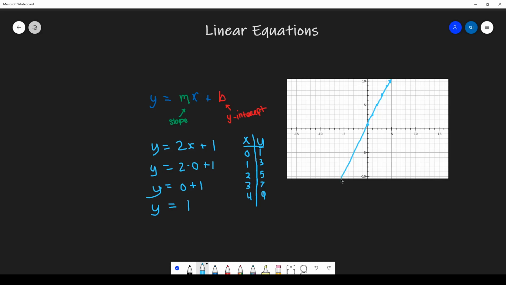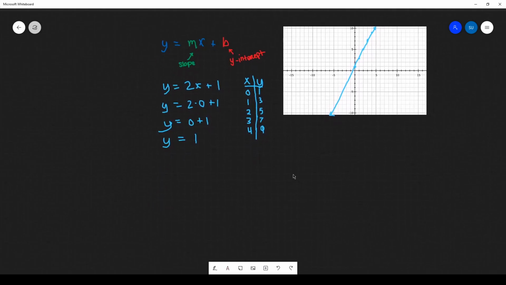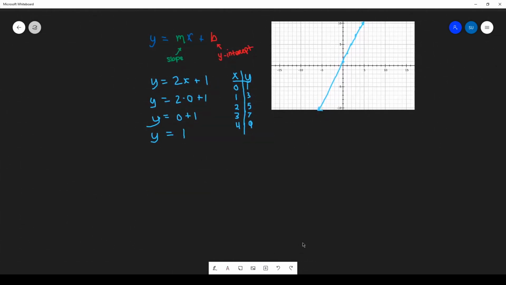The graph stretches out to all values, and it just keeps on going infinitely, and you can make as many points as you want. So the next form of linear equation that we're going to get into is the standard form. I believe I'll be going over that more in depth in a later video. But standard form is essentially